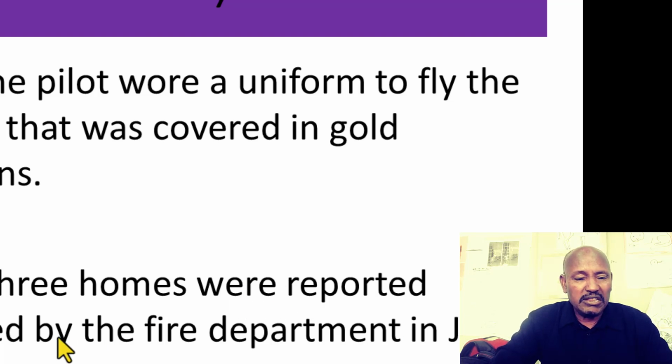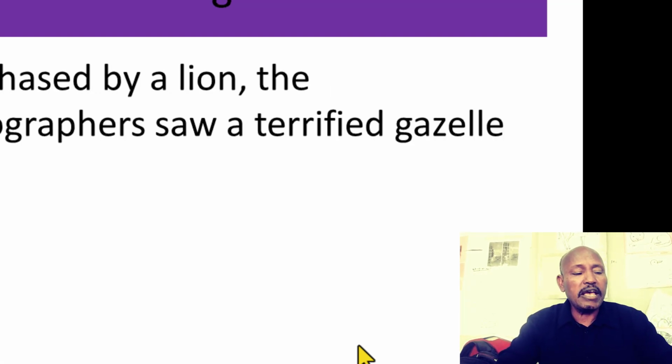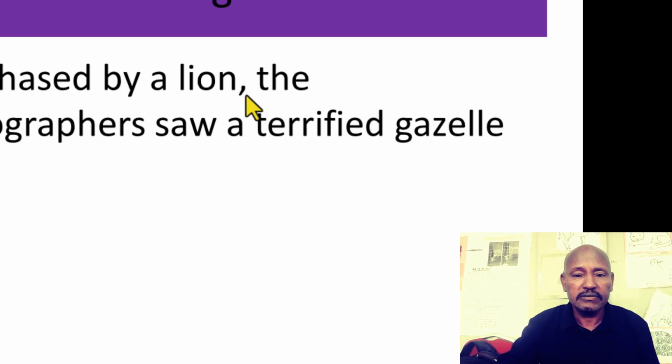Sometimes this word may be just rejected, and the by phrase is not necessary to use again, because in the first case this was written as passive voice and in the second case it is active voice, so no need to use the by phrase here. The same is true here, because the statement is an active sentence, simple past, so there is no need to use by here. Whenever I write the sentence in the correct order, the fire department reported 3 homes burned in July, that is the right way of correcting the sentence. Very interesting. Another example of a sentence here: Chased by a lion, the photographer